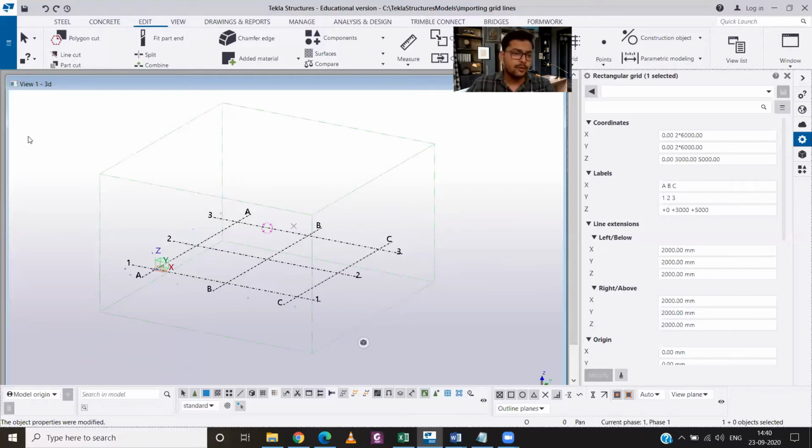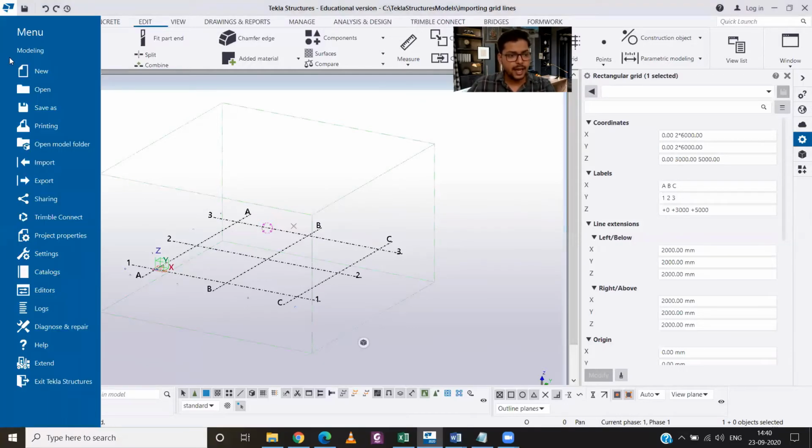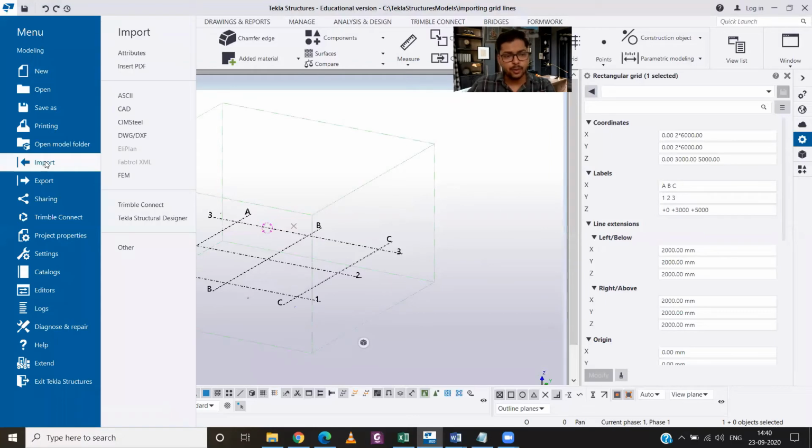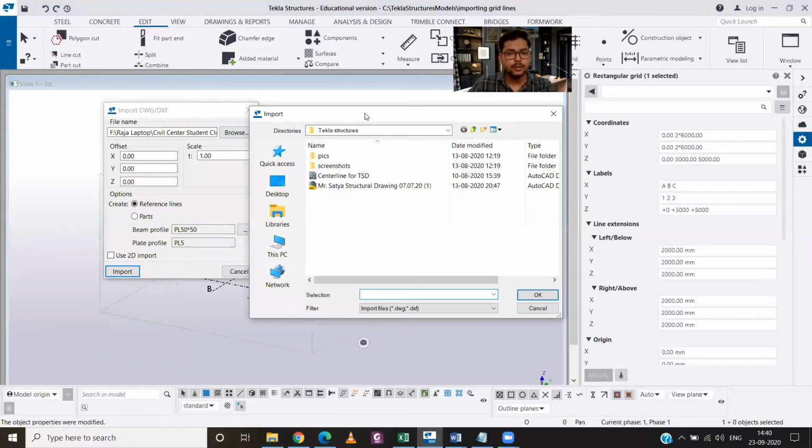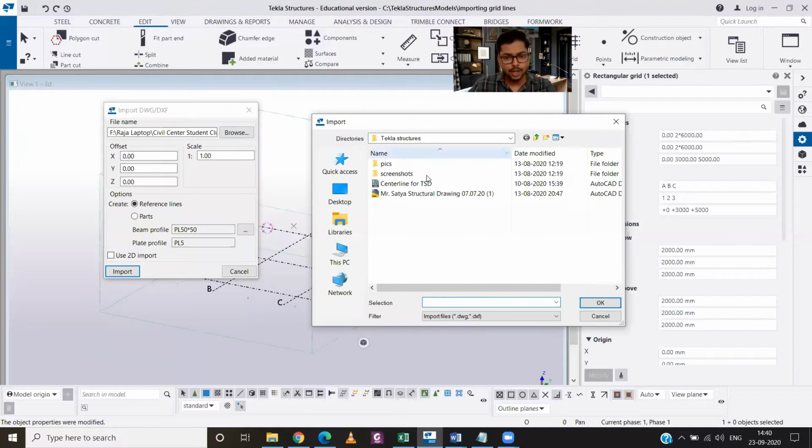Now, today we are going to learn how you can import the DXF file. So for that, you need to go to File and then click on Import. Choose DWG or DXF. From here, you can browse the file where you have kept in your laptop.